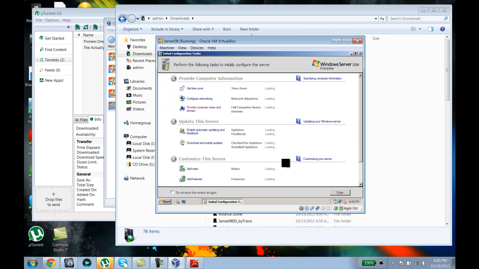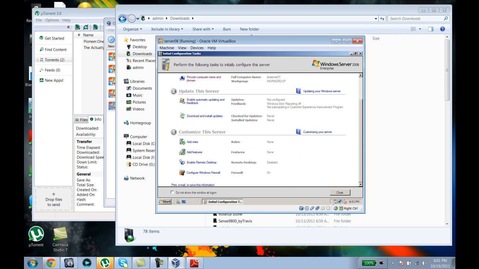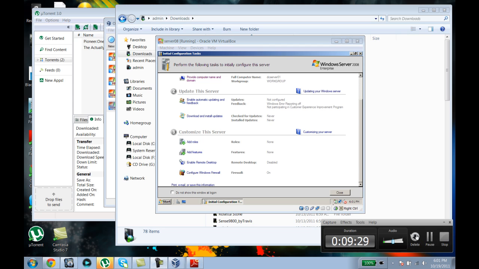Bare bone, not doing anything. As I said before, we have changed the name so it is reflected in this line. There's nothing enabled and no roles added to the server. So, alright, so that is